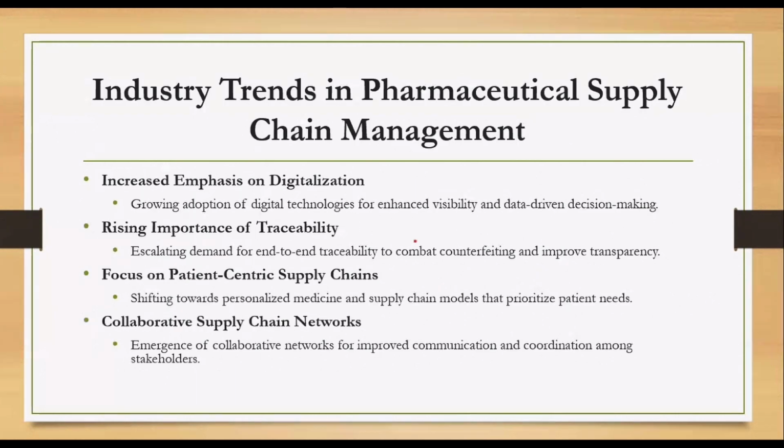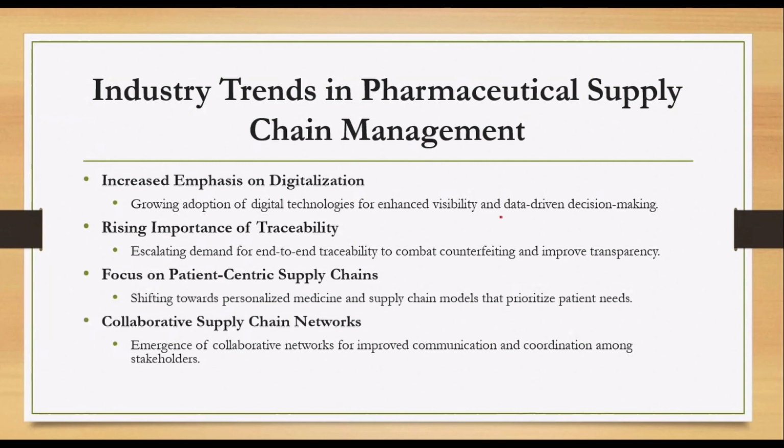So now, what are the trends? Based on this, what are the trends in the pharmaceutical supply chain? Increased emphasis on digitization. During the pandemic, of course, some companies adopted it, but that necessitated going for digitization. Digital technologies are one, because sharing and caring of information will be there. When you are sharing information, there is a partnership and a free exchange of views, transparency of operations will be there, and efficiency can be improved.